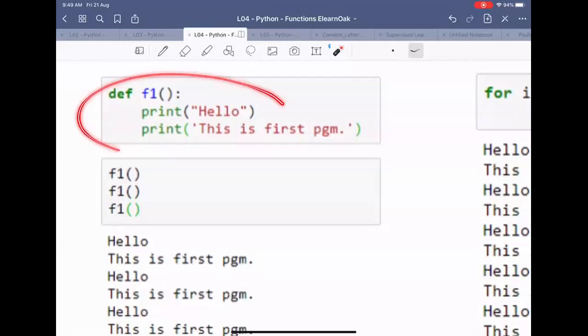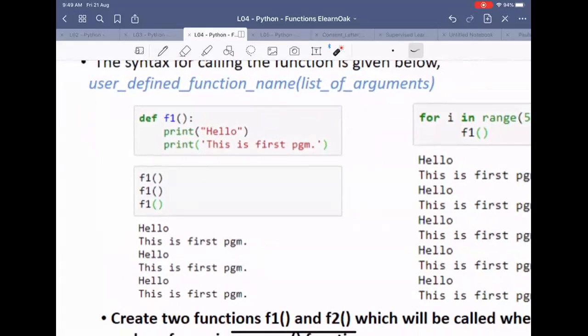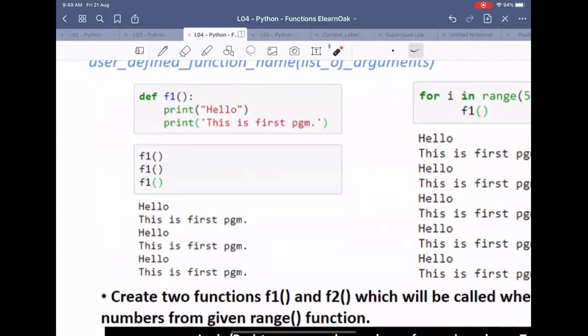Okay, so here we are creating a function called f1. This is the way to create it. Within this function, we are writing two statements: print hello and print this is my first program. Okay, so a very simple function. Now this is the way of creating that function. How do we use the function?